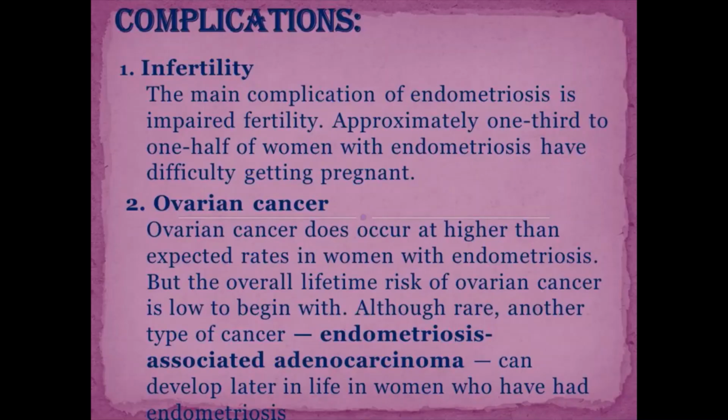The first and important complication is infertility. The main complication of endometriosis is impaired fertility. Approximately 1/3 to 1/2 of women with endometriosis have difficulty getting pregnant. For a pregnancy to occur, an egg must be released from an ovary, travel through the neighboring fallopian tube, become fertilized by a sperm cell and attach itself to the uterine wall to